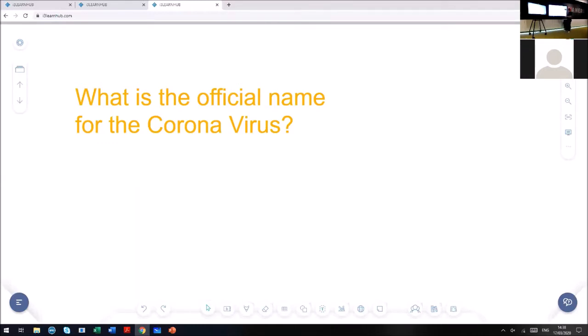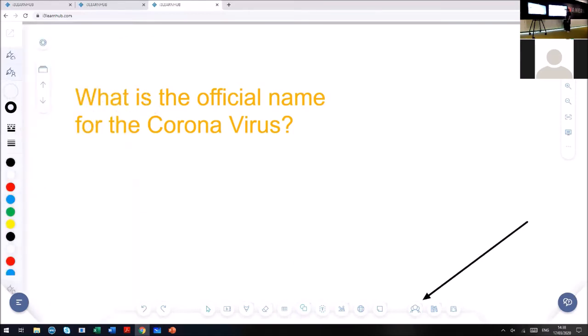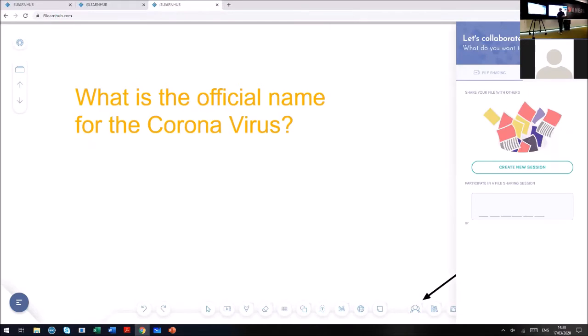To do so, I will go to the collaboration menu, and just to make sure that you know where I'm going to, well, it's right here. That's the menu I need to open. And then start sharing a file. So doing that, I will click File Sharing, which will open this menu right here, which enables me to create